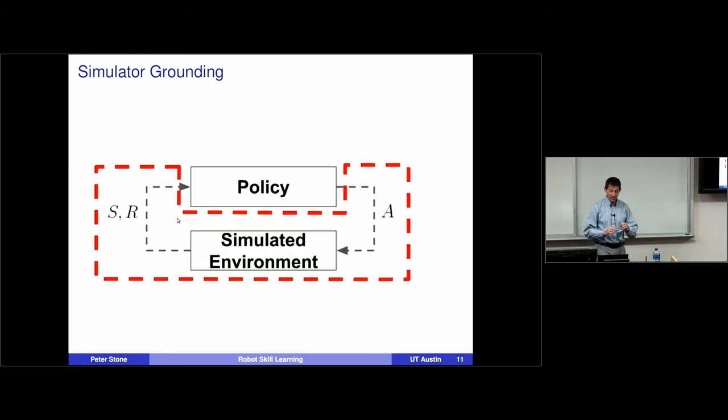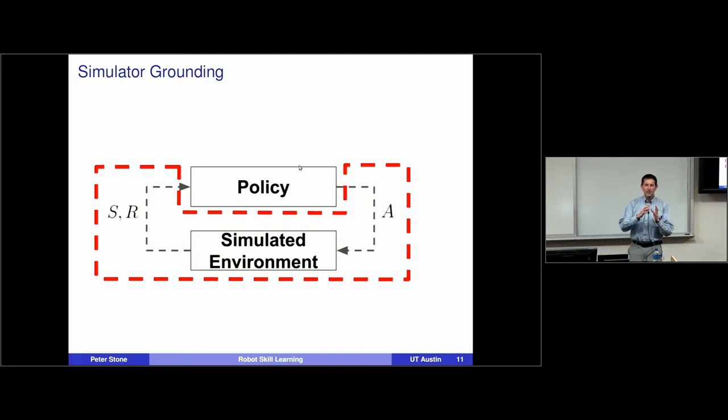Diving into a little more detail on how we do that: a policy is something that takes in the current state and outputs an action. We're going to be learning walking, so just to get you thinking in the same way, a policy in this case is what joint angle each of the 20 or 30 joints on the robot should go to at any given time. You could say move your knee joint to 90 degrees, and then the next step move it to 80 degrees, then 70 degrees. What's the action that should be taken?